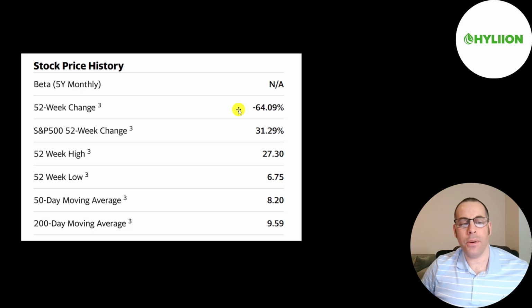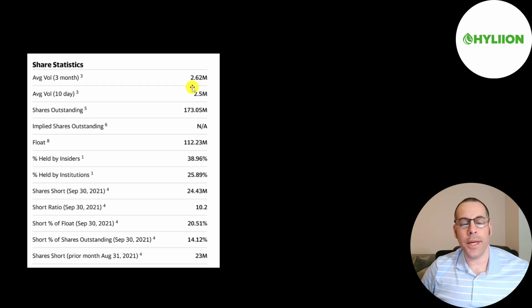It's down 64% in the past 52 weeks, while the S&P is up 31%. The low is $7, the high is $27.30. And the stock is trading well below its 50-day and 200-day moving average. 2.5 million shares are traded each day on this stock. Of the 173 million shares outstanding, 112 million are on float,